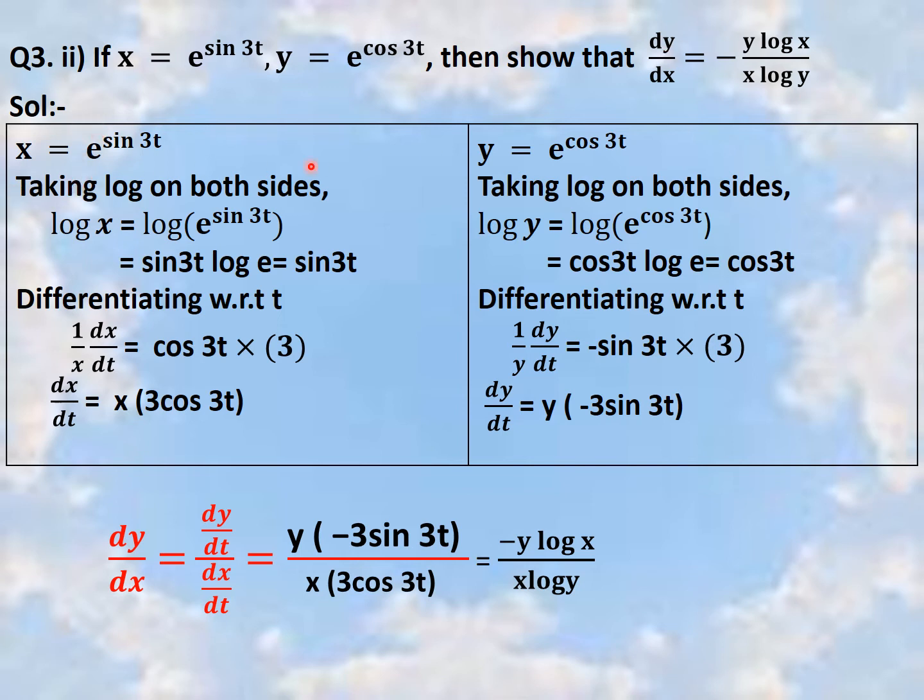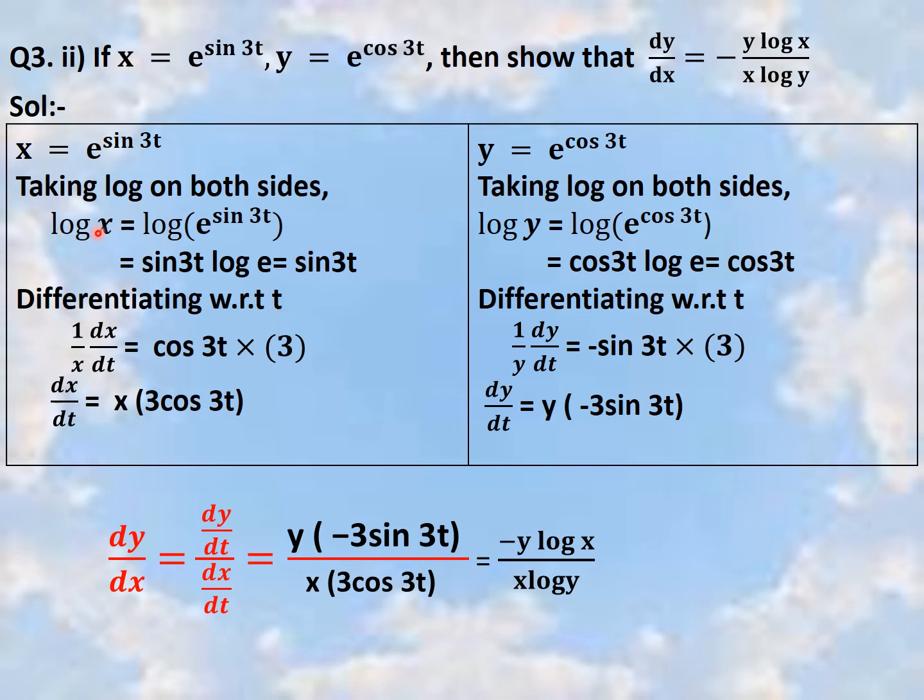I took both the functions x and y together, and now this is an exponential function form, so we will consider the logarithm. Apply the logarithm on both sides, then the left hand side will be log x and the right side is log of e raised to sin 3t. So it will be, as per the law of logarithm, sin 3t into log e. That is log e, we know the value is 1. So sin 3t is log x. Now differentiate with respect to t.